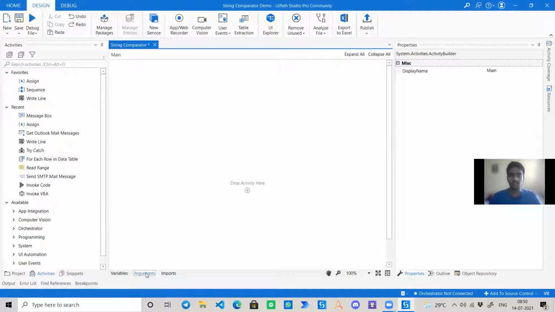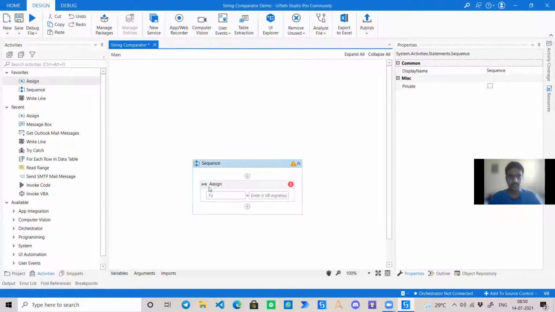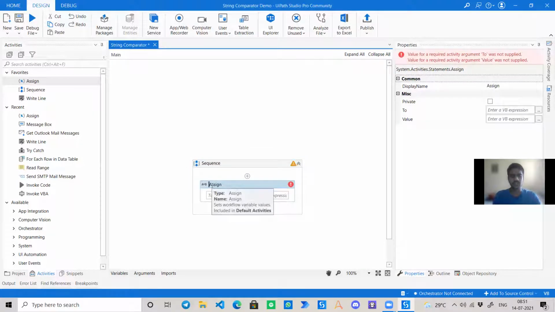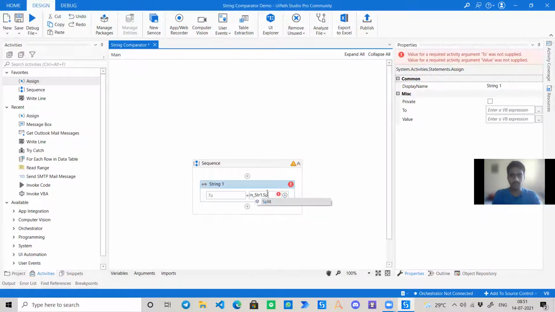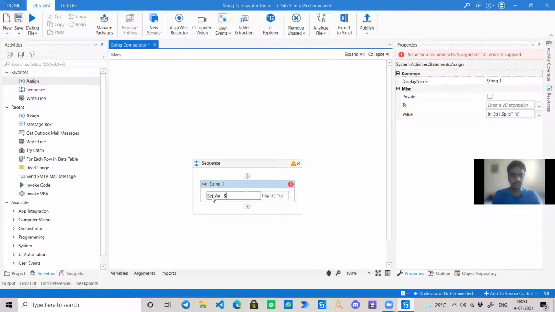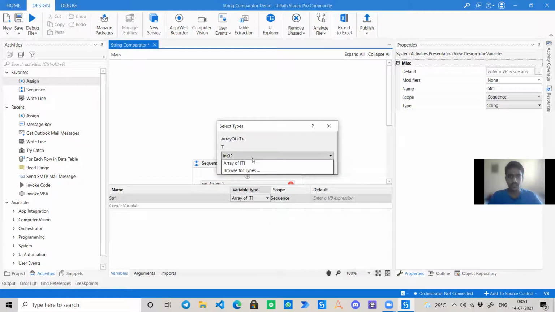Now I need to create the process. For that, I will use one Assign. This is a simple algorithm that I use to compare two strings. So let's say this is my string1 Assign, and over here I will write in_string1.Split, split based on spaces, and create another variable, let's say string1. Now this string1 should be an array of strings.